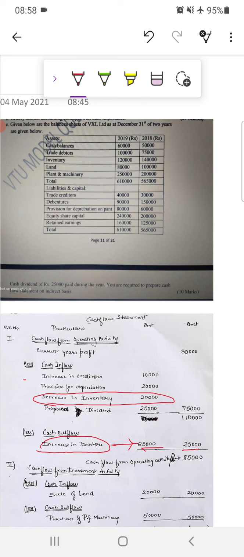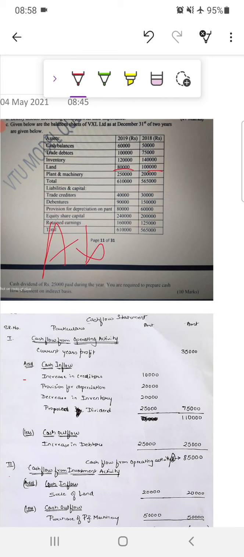Land is a fixed asset. Where do we consider the fixed asset? It comes under investment activity. So under investment activity, if you see land, what has happened to land? It was 1 lakh and now it is 80,000. That means land has decreased. Your asset has decreased. Now when an asset decreases, it is inflow. So where do you consider inflow? It is a fixed asset, land, so it comes in investment activity, and since it is an inflow, so sale